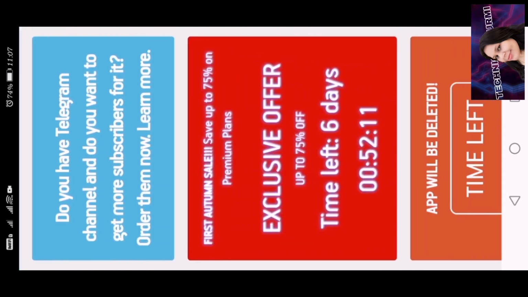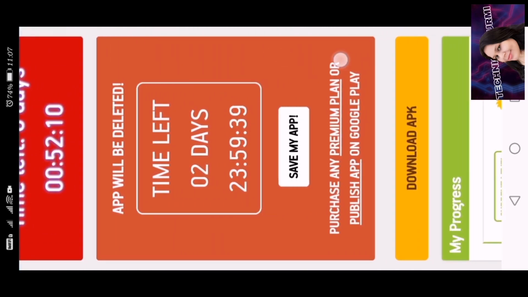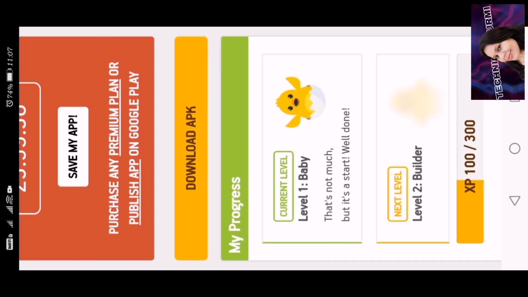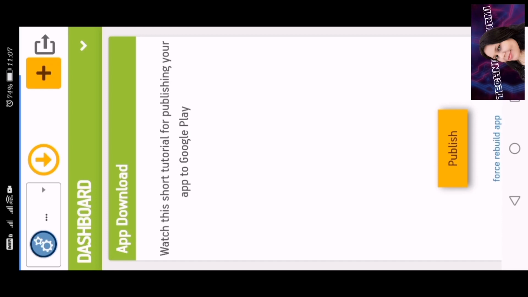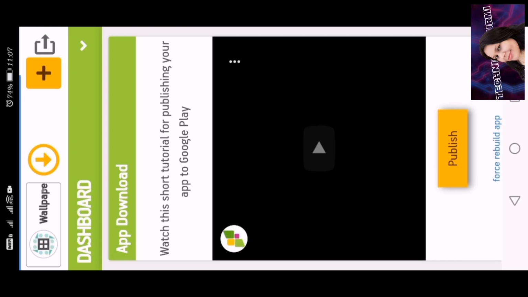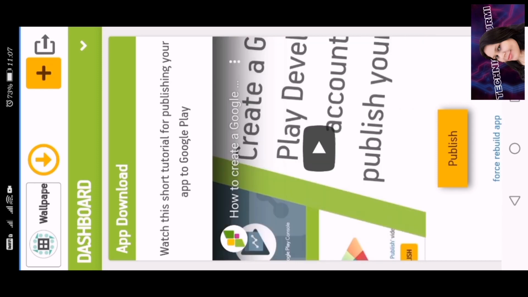You can also use payment. If you want to publish on the Play Store, you need to make some payment. If you don't want it just on your phone, you can click on the publish button. After the publish button, you can scan your QR code also.